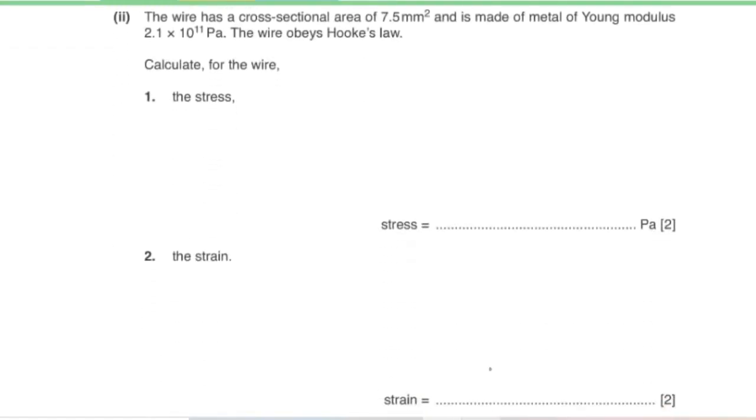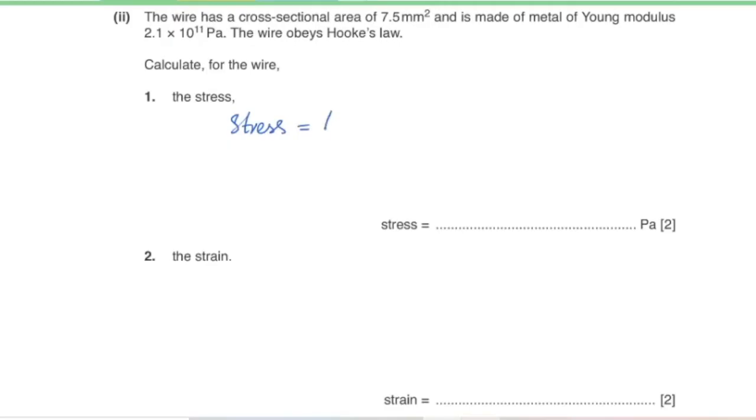Part 2, the wire has a cross-sectional area of 7.5 millimeters squared and is made of metal of Young modulus 2.1 into 10 to the power of 11 pascals. The wire obeys Hooke's law. Calculate for the wire the stress. So stress